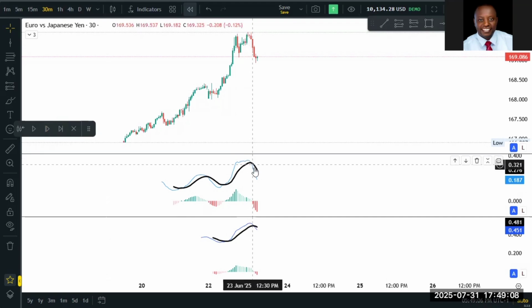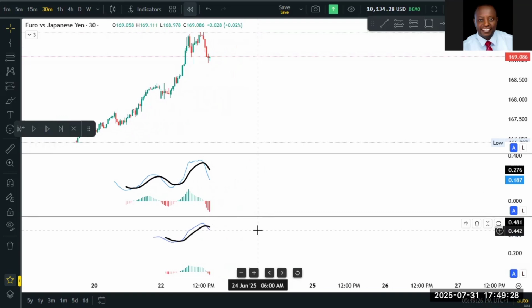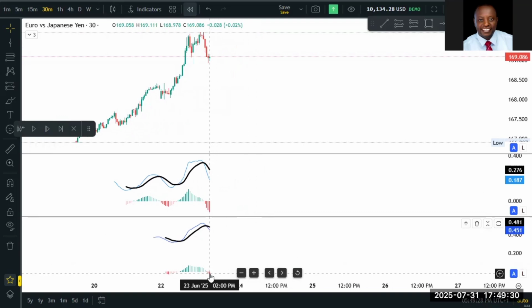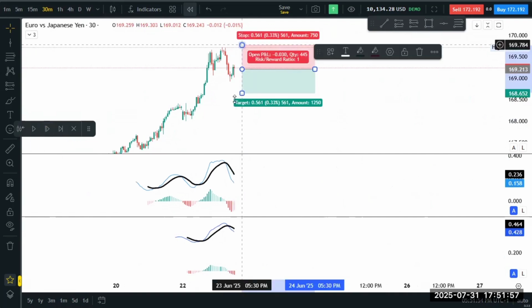We can see the blue line has crossed over to the lower side, it has crossed the black line. We can see this histogram forming, and at the same time this particular one, that is the macro trend MACD, is also crossing over. So our strategy is aligned. You can see the histograms are also forming as well. So we will short the market,